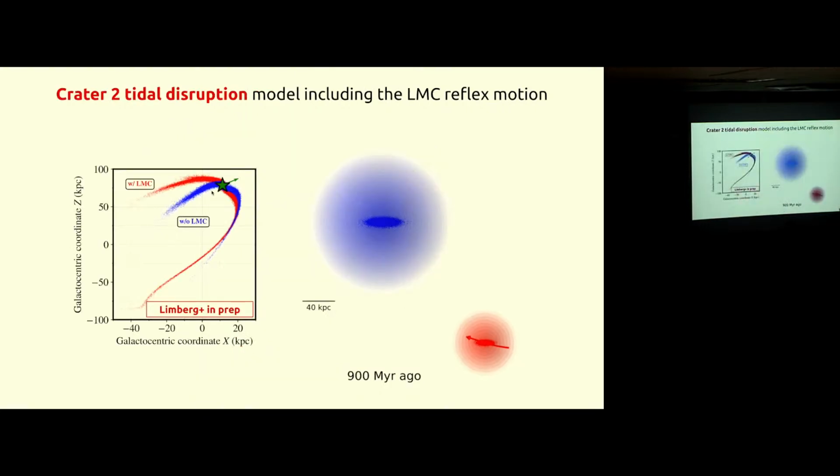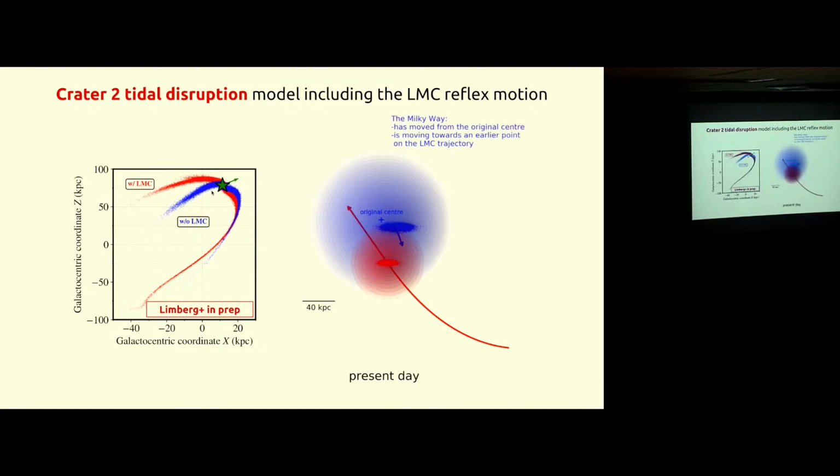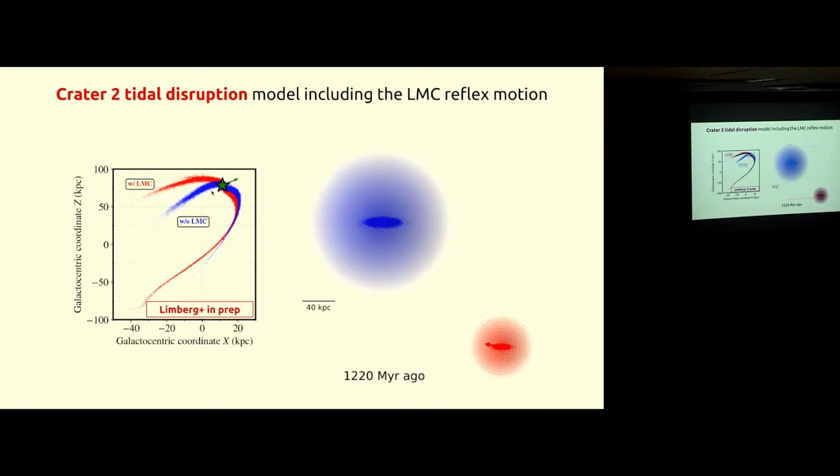So, moving on. This is the simulation that we have. This is the stripping model simulation that I just described to you guys. And what I think is really fun, and this is just curiosity, okay, guys? What is curious about the simulation is that if we run it with the LMC, we get the red track, and if we run this without the LMC, we get the blue track.